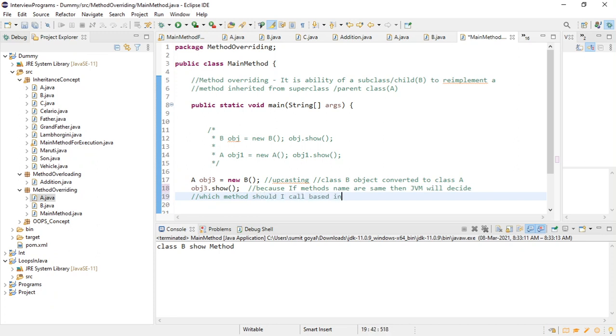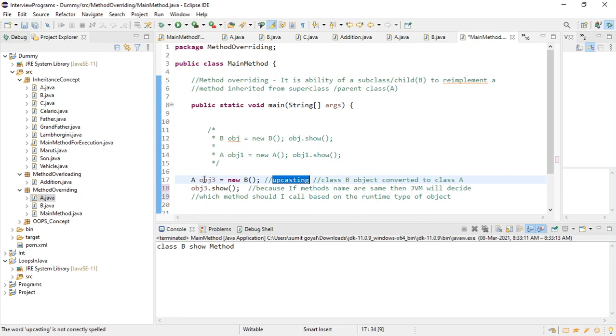based on the runtime. You will find this definition in many places: runtime type of object. So what is this runtime type of object? Even if upcasting is done here, as we have methods with the same name, in such a case that particular method of the class will be called.